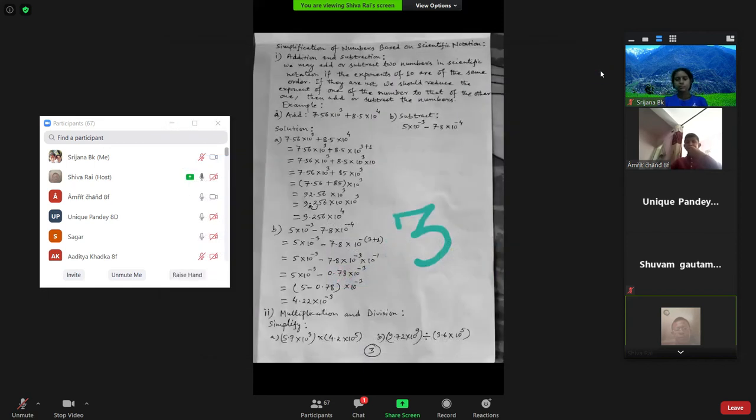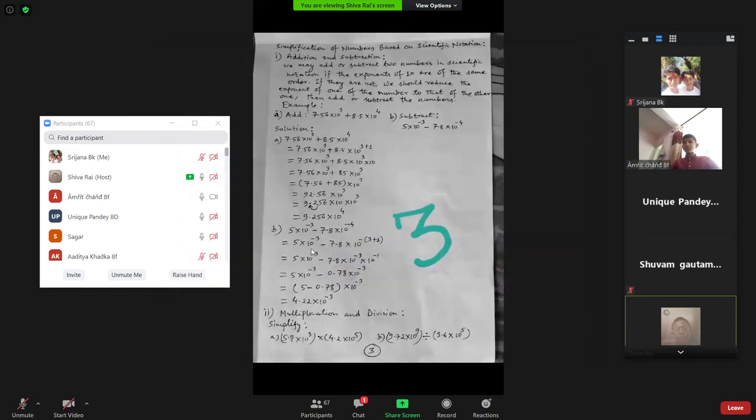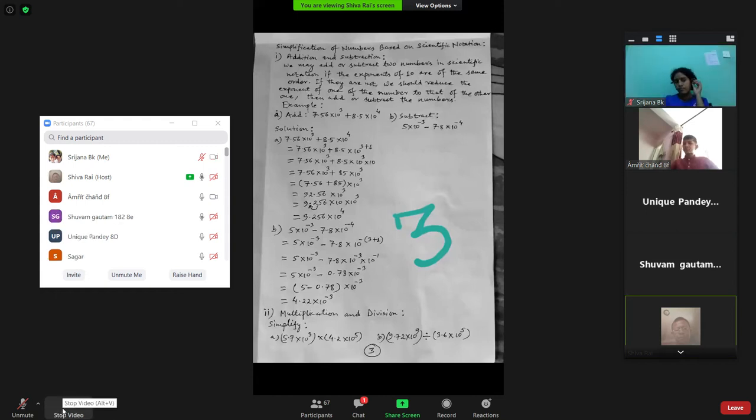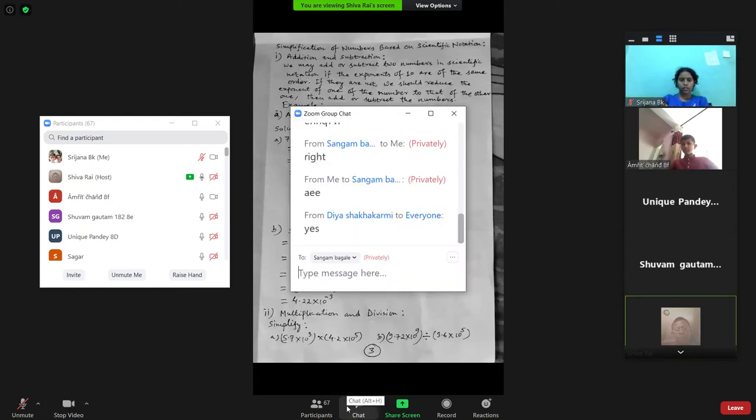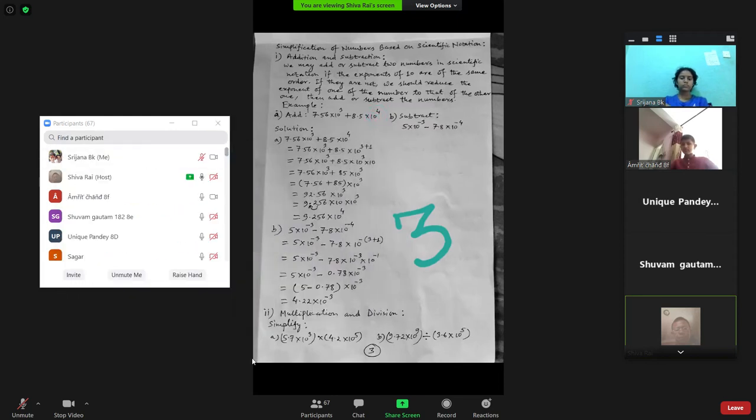Now you look, in the first term also 10 to the power minus 3, in the second term also 10 to the power minus 3. Now 5 into 10 to the power minus 3 minus 7.8 into 10 to the power minus 1. 7.8 into 10 to the power minus 1 equals 7.8 divided by 10. If you bring that 10 to the power minus 1 into the denominator, it becomes plus. You know already. So it becomes 7.8 divided by 10. 7.8, if you divide by 10, what does it become? Decimal shifts one place left.